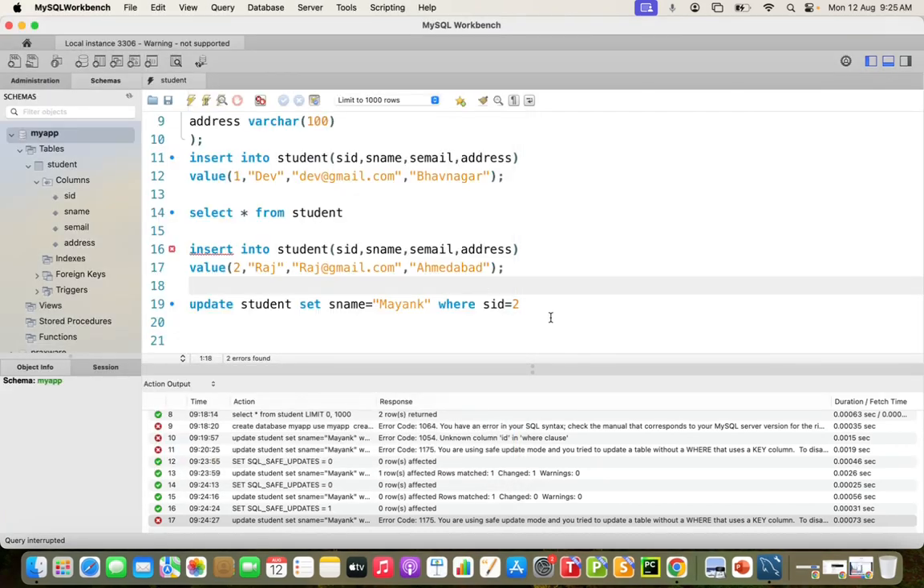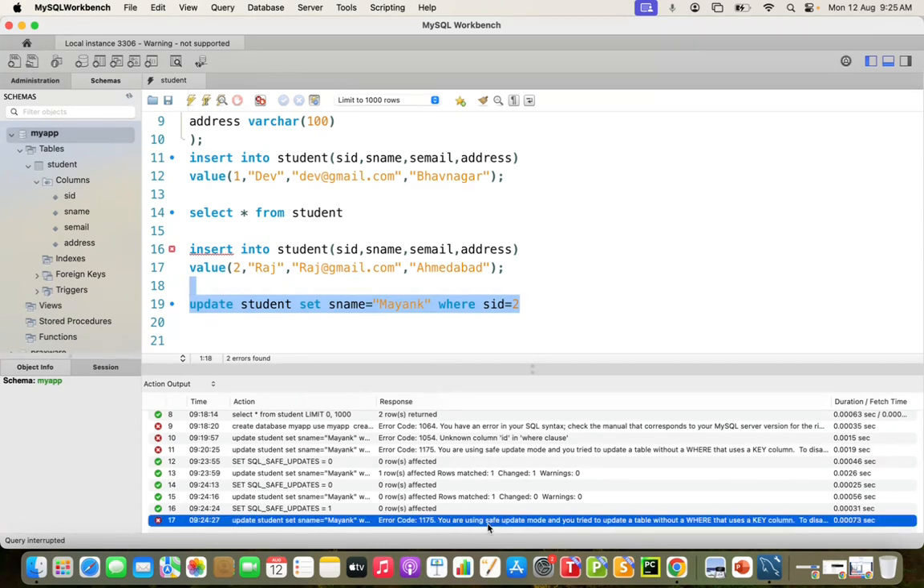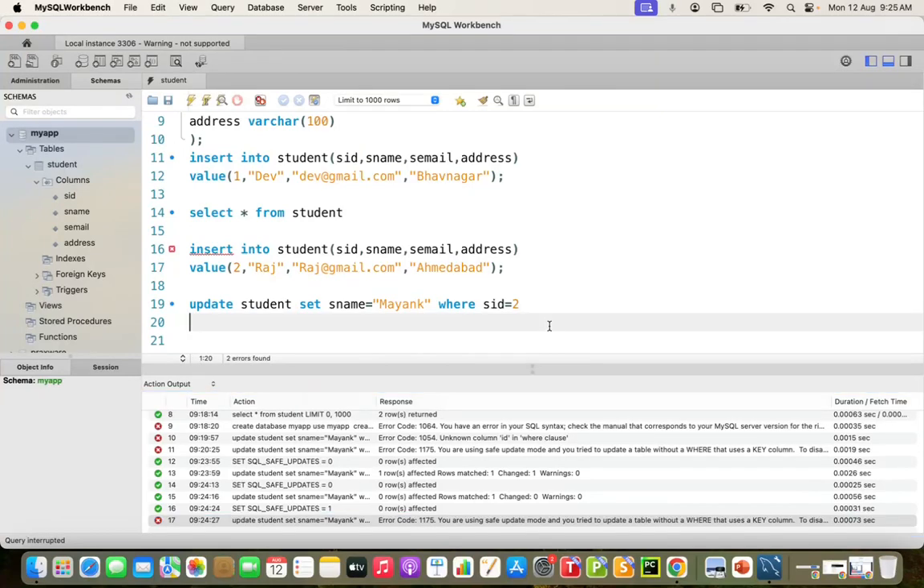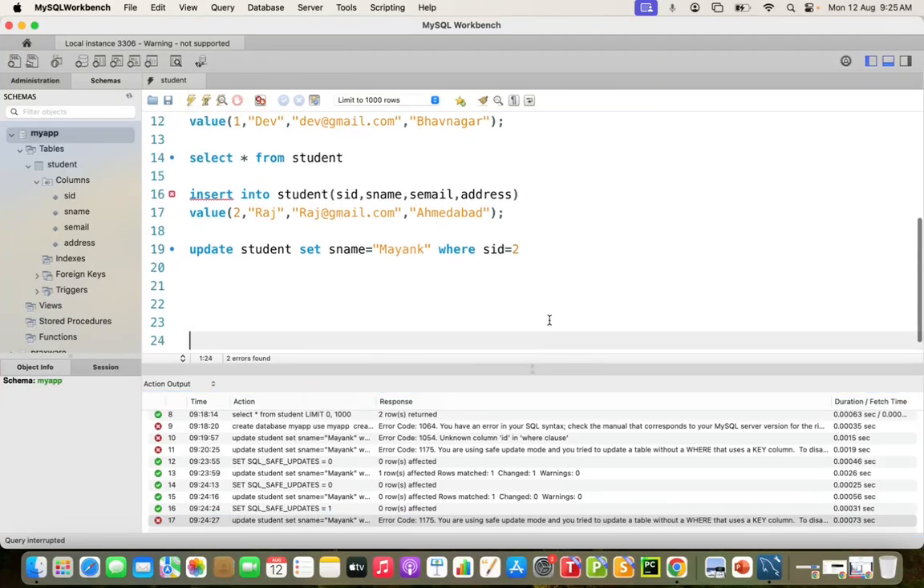Okay guys, sometimes you get this kind of error. The error is that you are using safe mode, trying to update a table without a WHERE that uses a key column. So the query is perfect, but the software restriction gives the error. So at that time you need to allow updating of the table by using a query. So sometimes you will get this kind of error. At that time pass just one command,